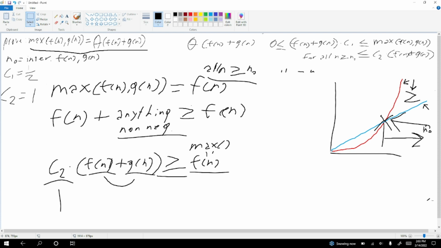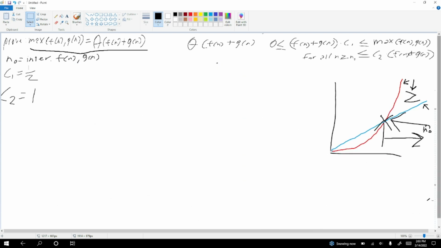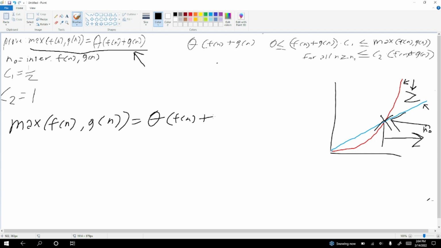And now that we have all three values that we need, we can prove this right here. We can prove this with this equation right here. So the max of f of n and g of n is equal to theta of f of n plus g of n,